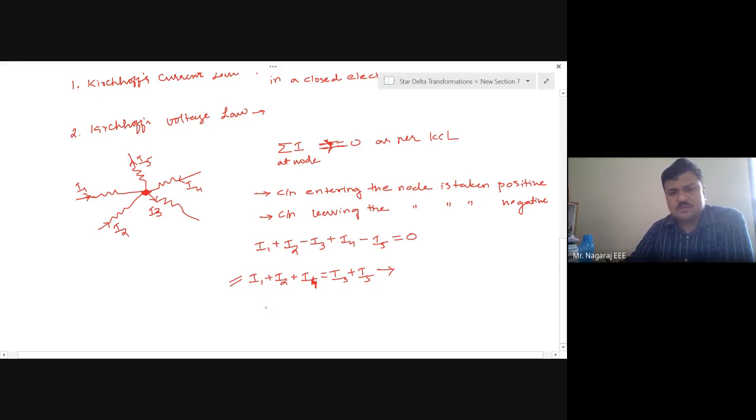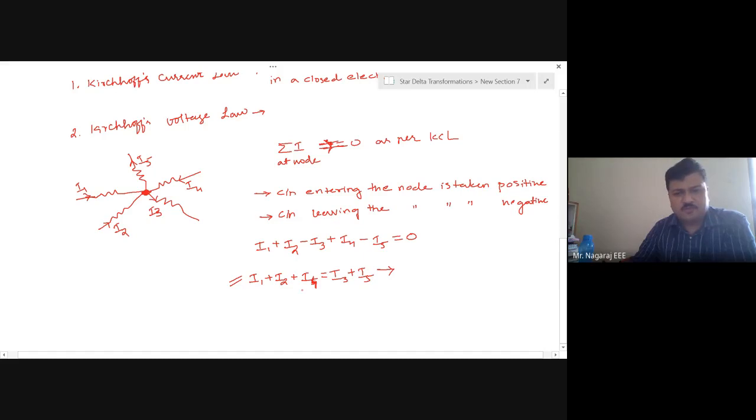Many a time, even the books will follow this statement, and when you give this as the answer for the statement of KCL, it is accepted. But we should always come to conclusions from the fundamental statements. We cannot treat conclusions themselves as fundamental statements. I came to this point only when I applied the fundamental statement to this node and got this result.